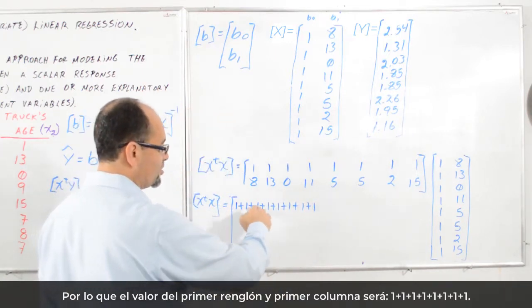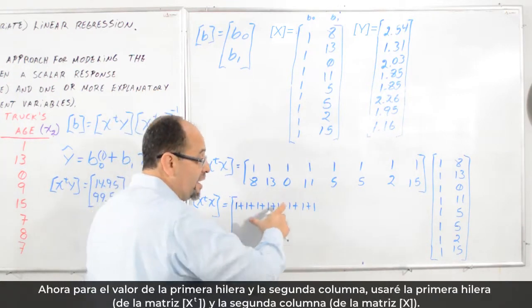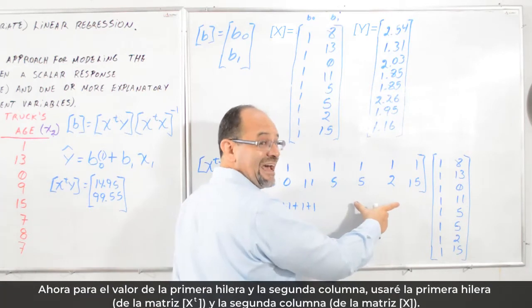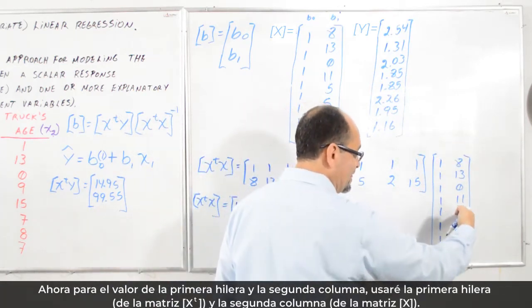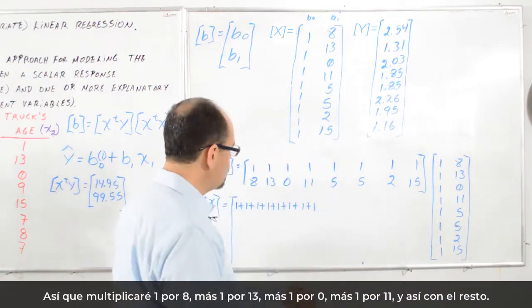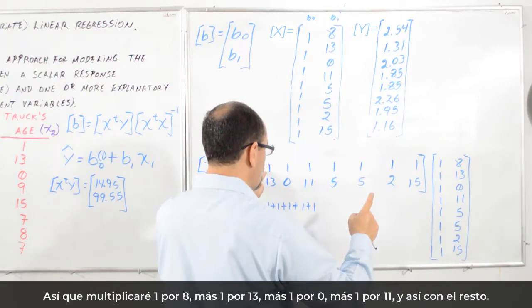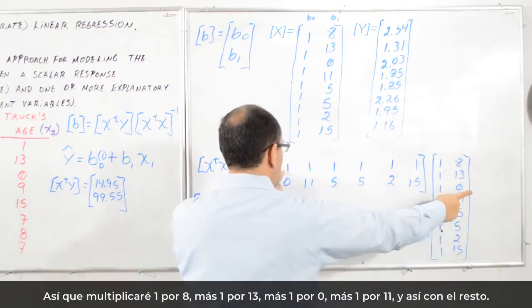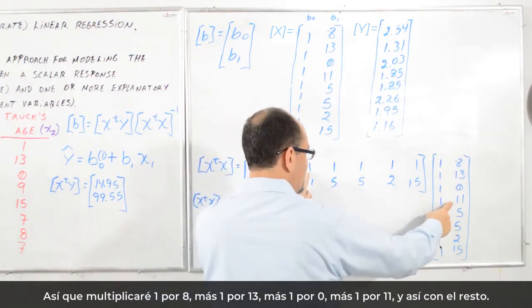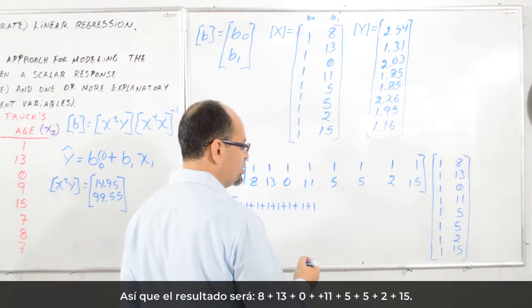Okay, and that is the result for the first row and the first column. Now, for the first row, second column, I will be using the first row and the second column. Then I will multiply 1 times 8 plus 1 times 13 plus 1 times 0 plus 1 times 11, and so on. 1 times 5, and so on. So the result, it will be